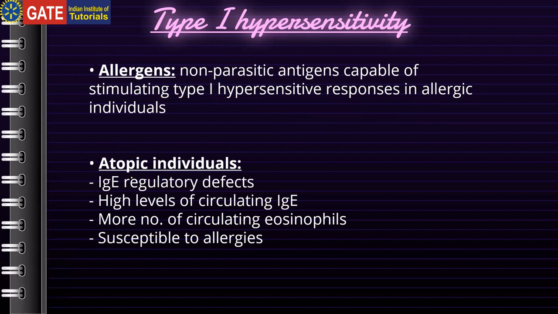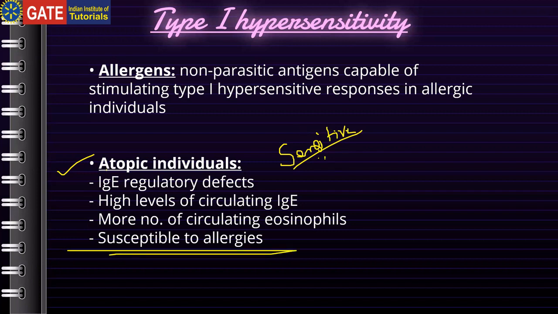Okay, now listen to me carefully. What are atopic individuals? Friends, let's take the same example. Suppose 3 people visited the park. Only one person faces all these difficulties like difficulty in breathing, running nose, eyes becoming completely reddish. Not everyone. So what is the point you have to understand? Those kinds of individuals who are sensitive, in other words susceptible to allergies, those kinds of